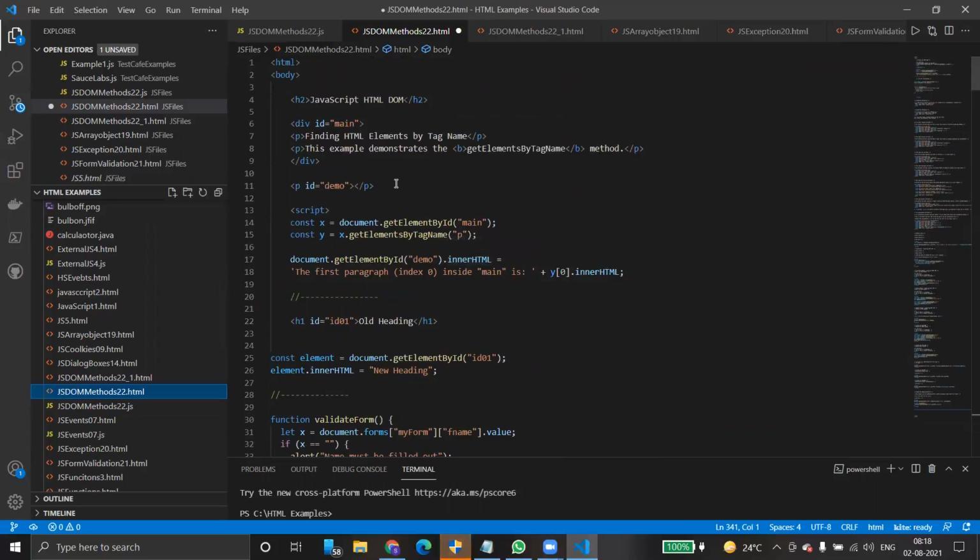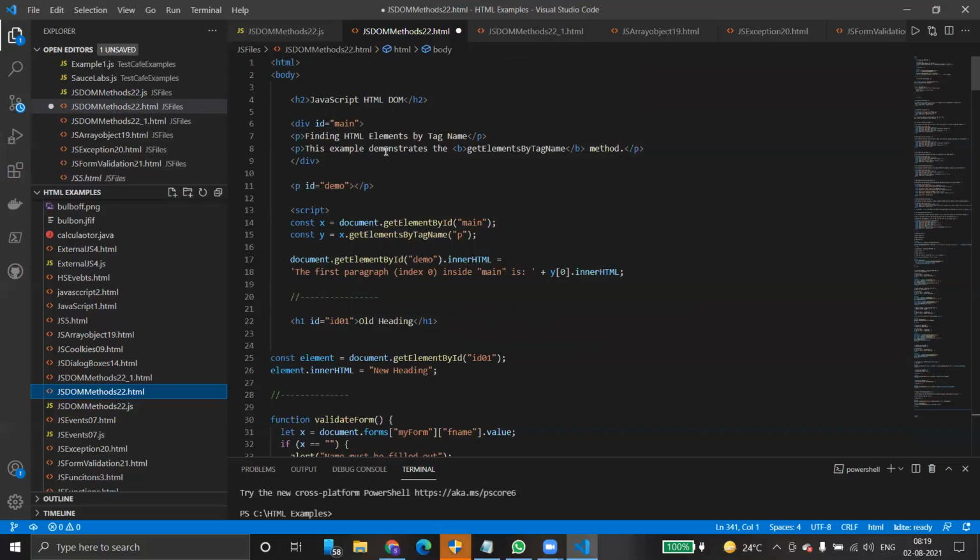Finding an element using an HTML tag. So how do you find an element? Here you can see we have written a very simple code. We have a division. Inside division, we have a main. Inside main, there are two paragraph elements. This is a paragraph element. This is a break actually. So we have written a very simple sample script here. Document dot, first we are fetching the element.